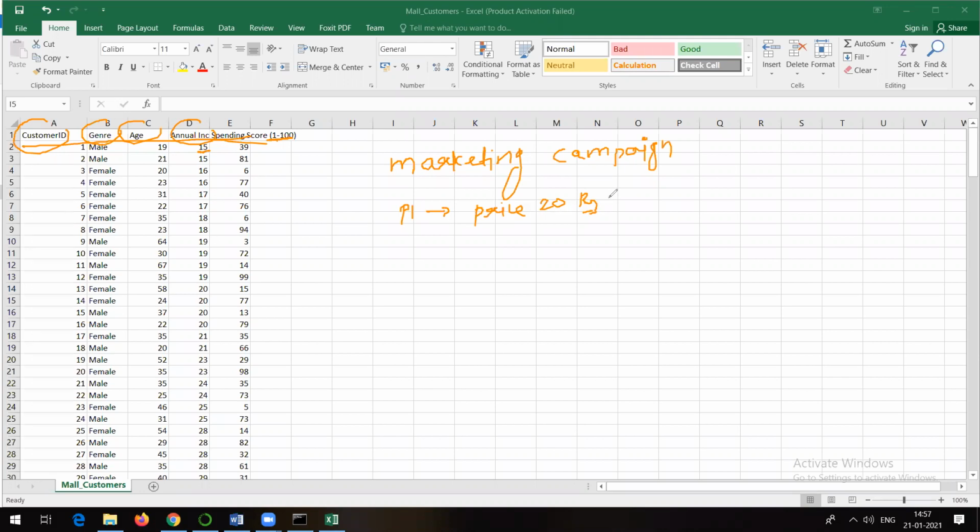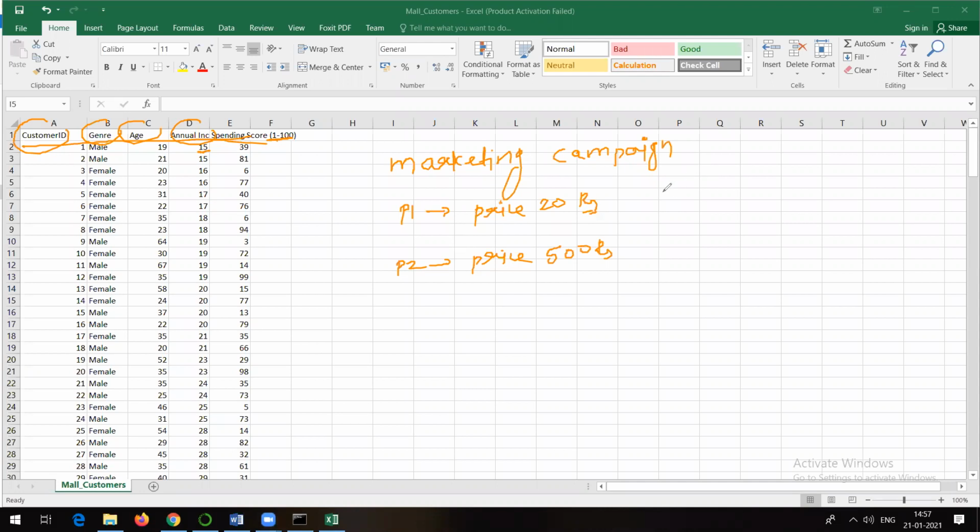Maybe person 2 will go for purchasing products of price 500 rupees. And so on, depending on their capability, depending on the money they have, people can go for buying different products, maybe costly or cheap.